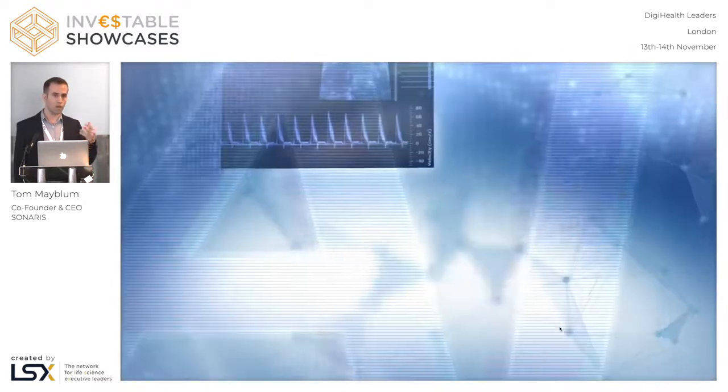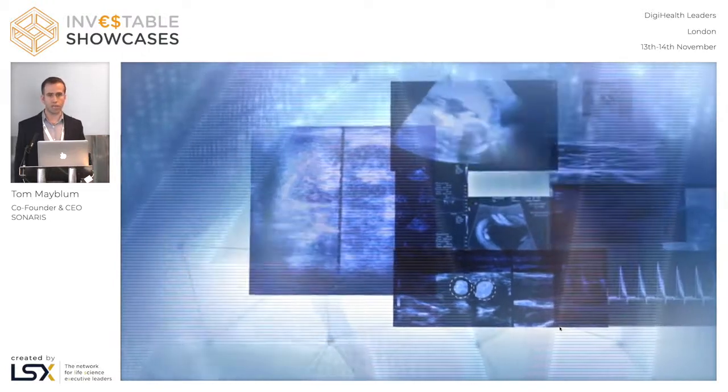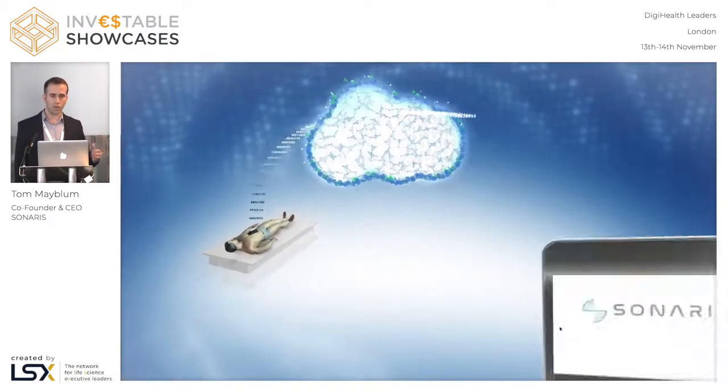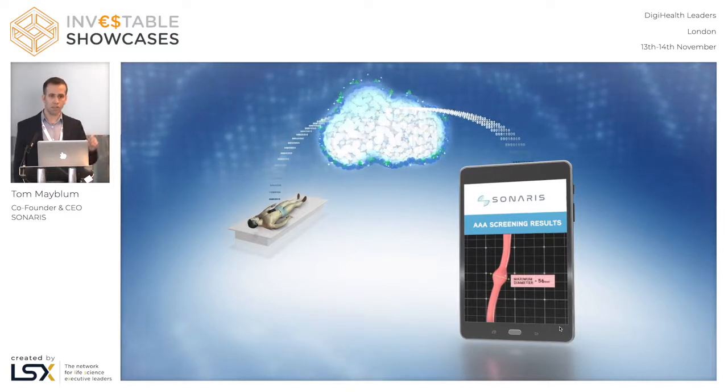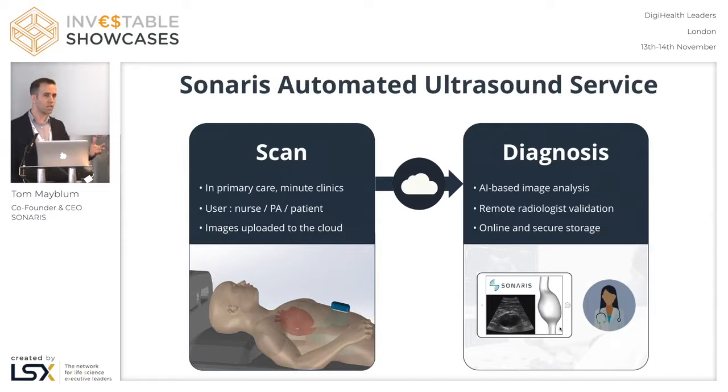Then it will be able to upload the images to the cloud for online diagnosis. It could be AI-based diagnosis and also remotely validated by a radiologist who can verify the diagnosis clinically before the report is sent back through the system. So all in all, what we provide generally is an automated ultrasound screening process where the scan can take place